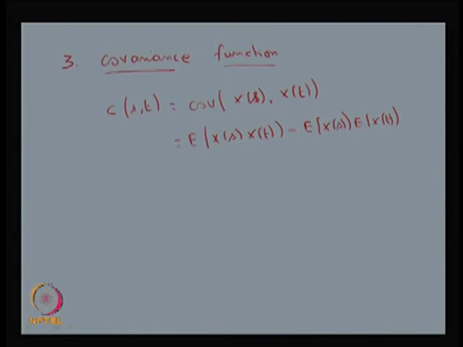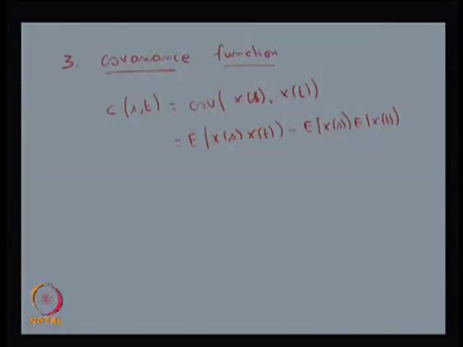Obviously, since you are finding the covariance of any two random variables, this stochastic process must be a second order stochastic process, so that the second order moments exist and you are able to find the covariance. That means the second order moments are assumed to be finite, and therefore you get the covariance of these two random variables. So, using that you are defining C of s comma t, that is the covariance. Since it is the expectation of the product minus the expectation of the individual ones, it is going to satisfy